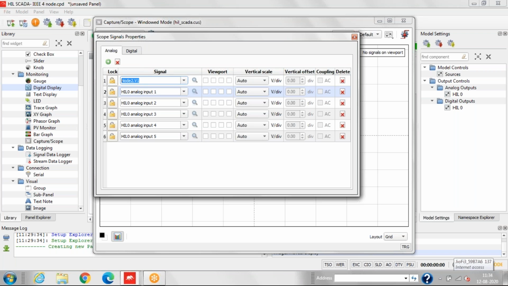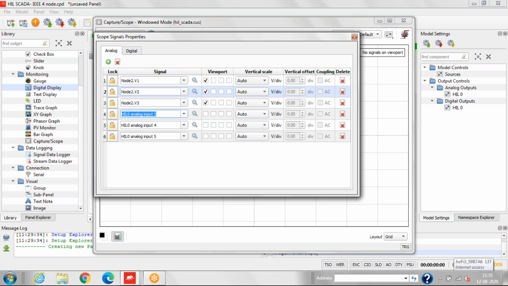Similarly, we have to add the signals. All these node voltages will be on viewport 1. We have provided only 4 viewports here, so we can select more than one signal in one viewport.